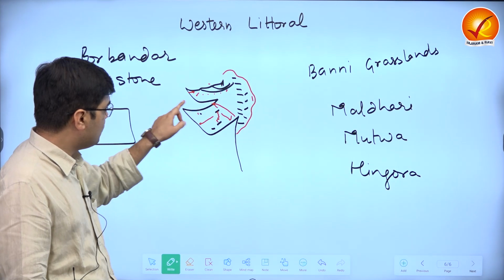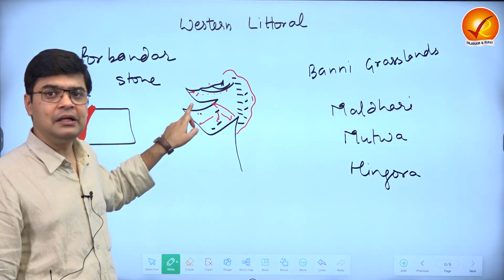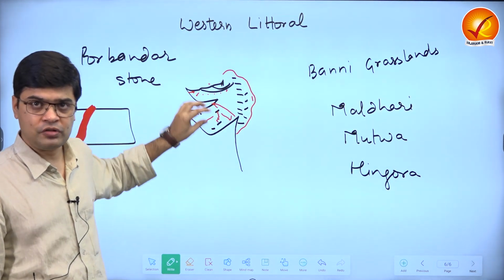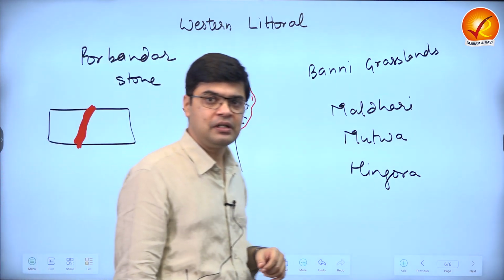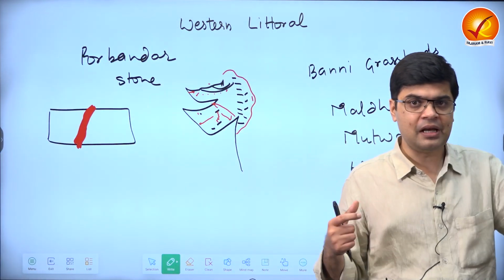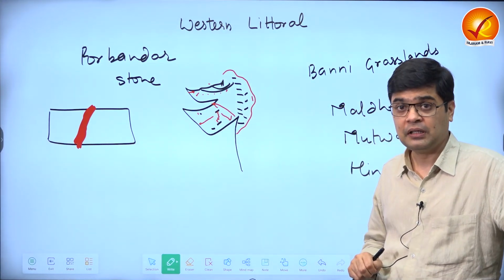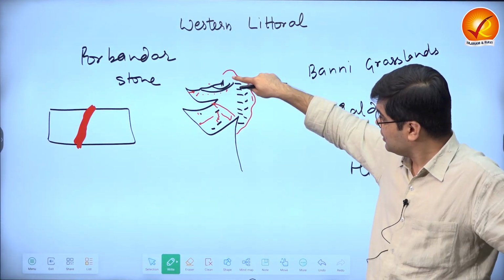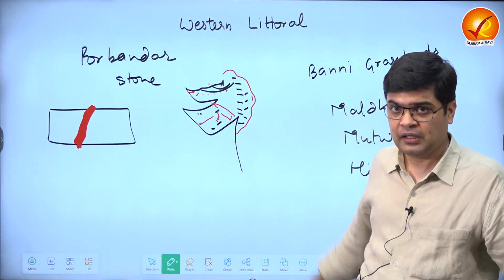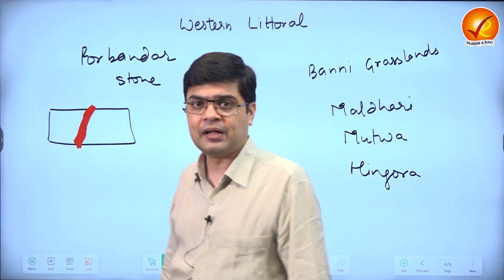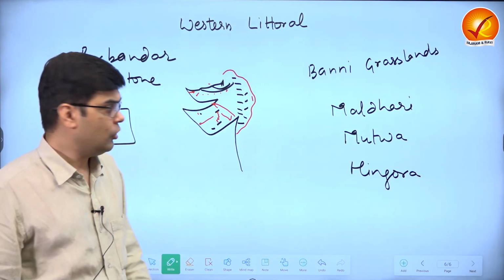Saurashtra is the most important area in India for cultivation of cotton. Again, because the black soils are present here, and this makes this area the most important region for the cultivation of cotton. Achha. Then if I look at this Gujarat plains, okay, from the areas like Banaskantha, Sabarkantha to the